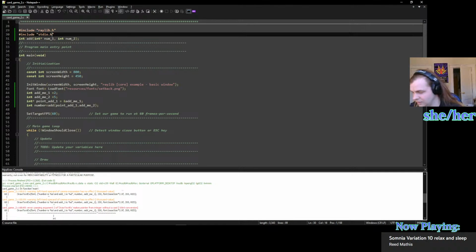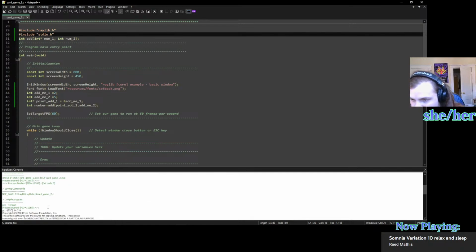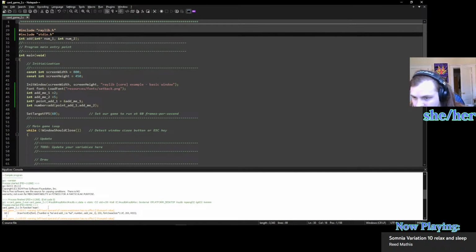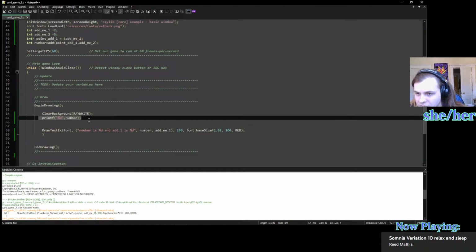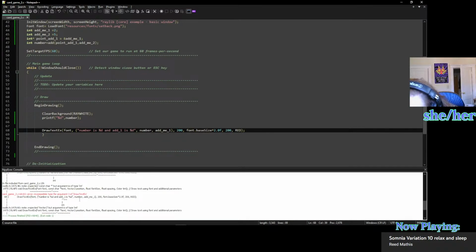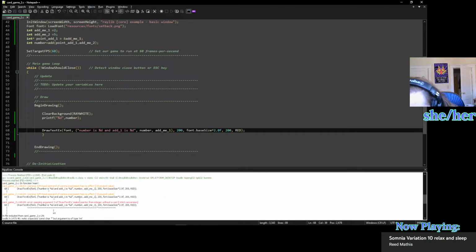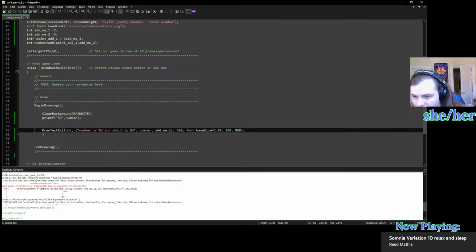Okay, so the print statement doesn't work because... wait. Okay, so did it not compile or did it crash after it compiled? Okay, so it did compile. Function main. Okay, so draw text. So this line should have gone off before this line, right? Okay. So I've got incompatible